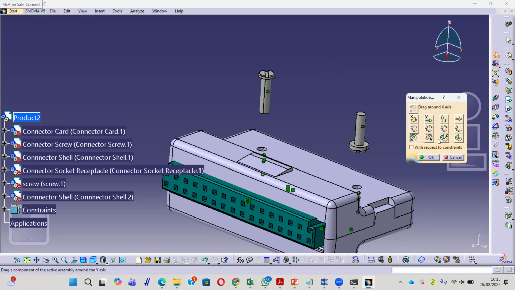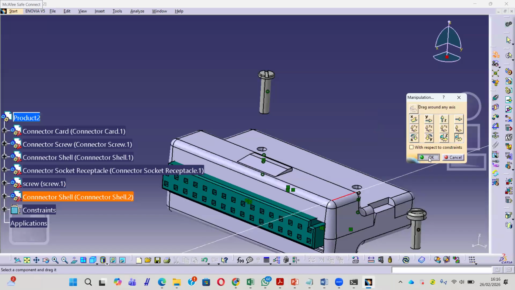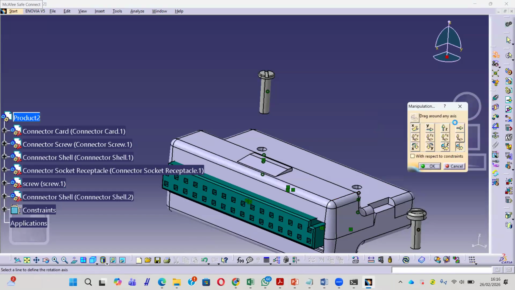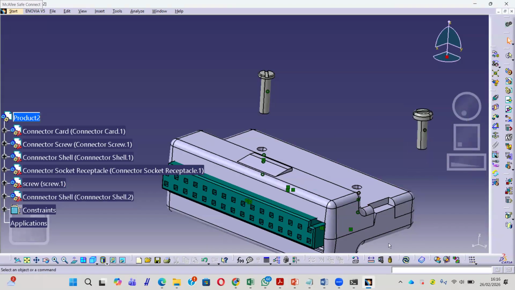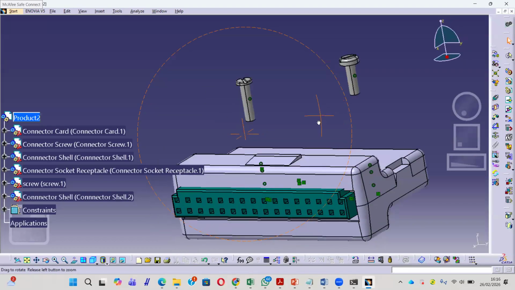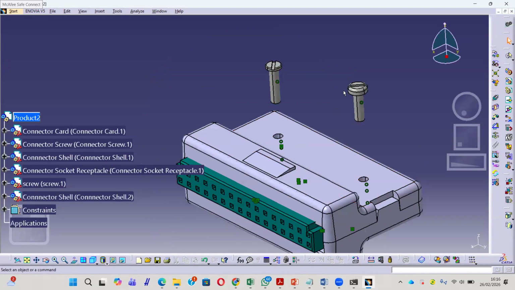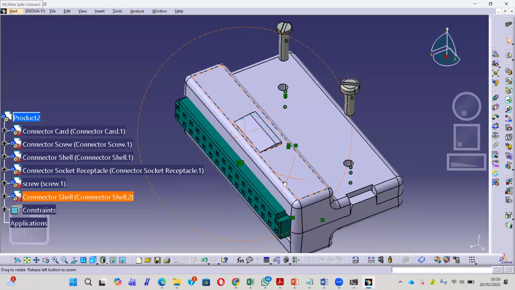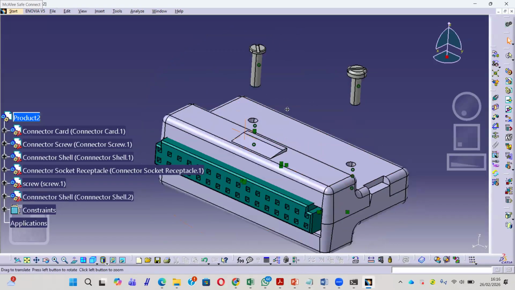Or you can use line axis. For example, this one, you can use this axis, and then you can rotate like this. Can move to Z position, okay, and then update. Okay, actually we have two screws here, but different design. It's okay, no problem. This is only for exercise.